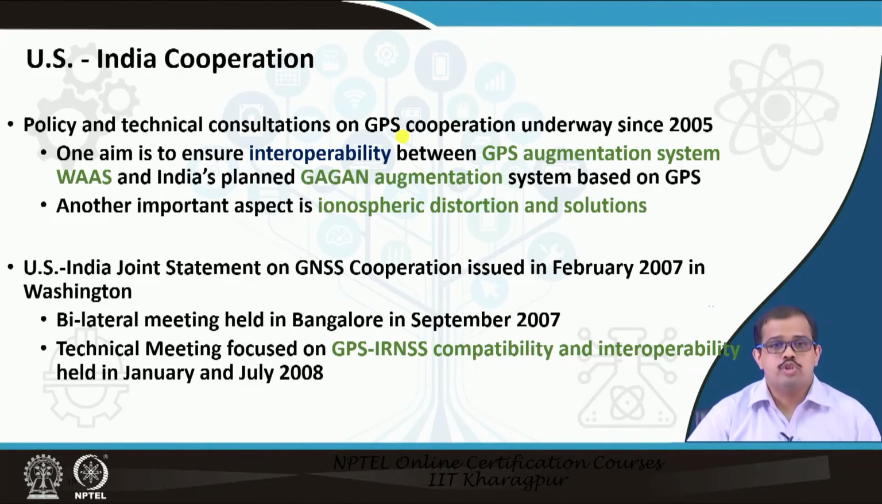Then we had a US India joint statement on GNSS cooperation in February 2007, which was held in Washington. A bilateral meeting was then held in September 2007. This technical meeting focused on how we look at compatibility of GPS and the IRNSS system and interoperability. This was held in January and July 2008 also, which proved helpful in developing the